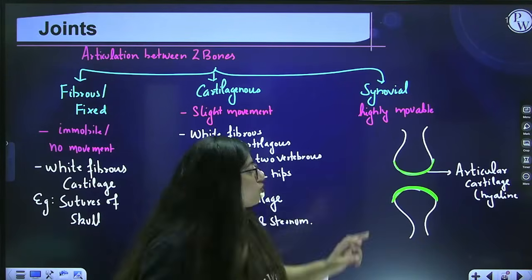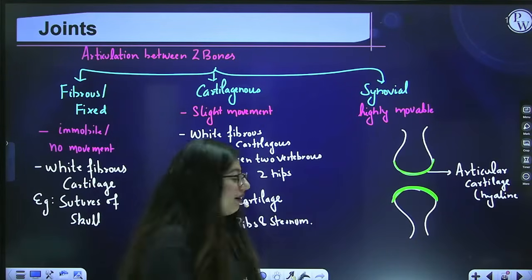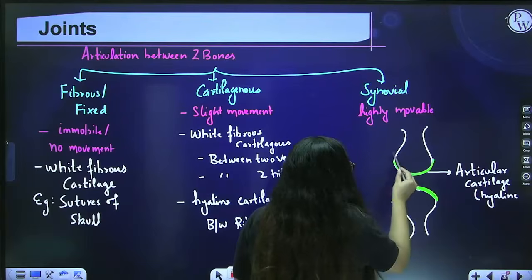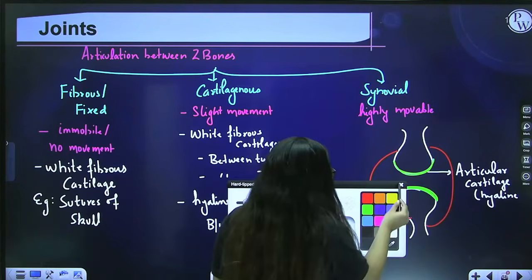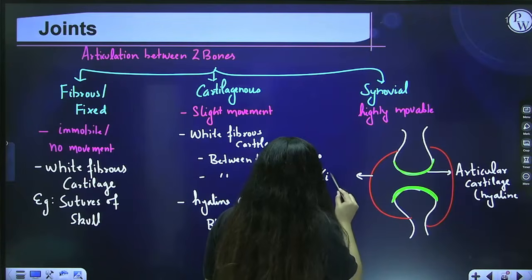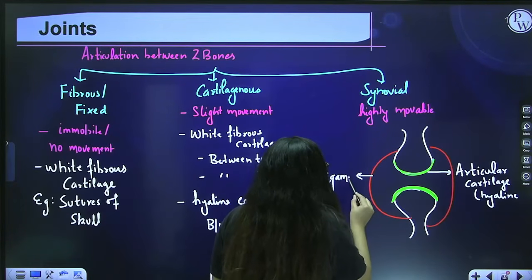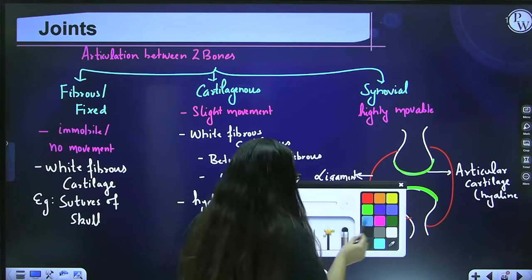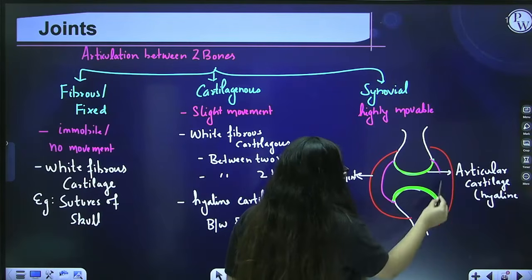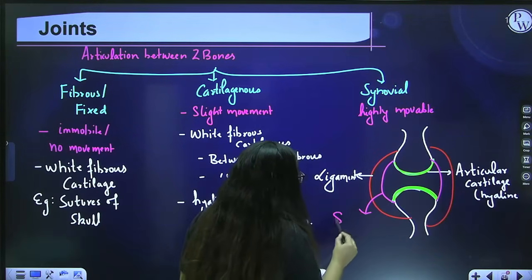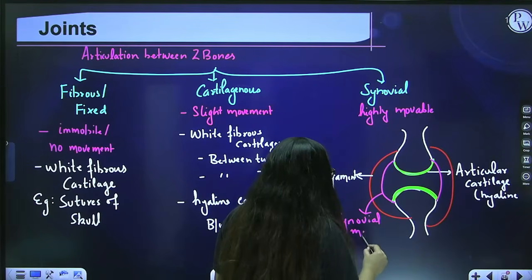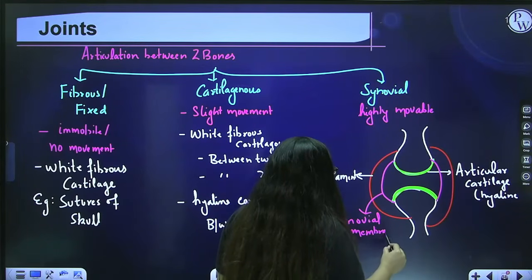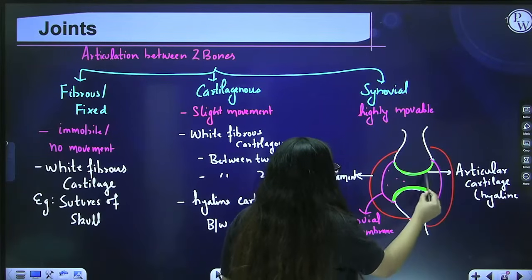So now, two bones, they are joined to each other via ligament. So both bones will be attached to each other via ligaments. Okay, so these are what ligaments are. Now, on this portion is present a membrane known as synovial membrane. What is this membrane? Synovial membrane, from where the joint got its name. This synovial membrane secretes a fluid known as synovial fluid.